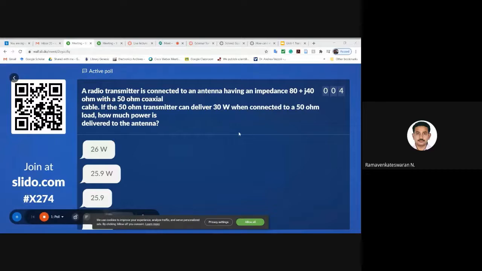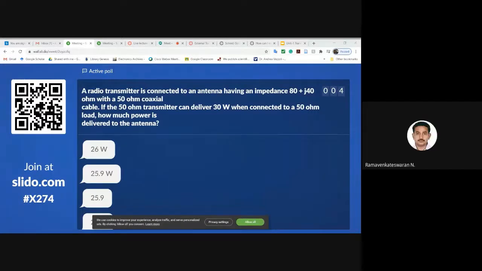Okay, that coaxial cable is 50 ohms. I know this is my Z0, this is my ZL. So once I know that, I have to find gamma, straightforward: ZL minus Z0 over ZL plus Z0. So the reflection you can find out. Once I know the reflection, the power delivered is what? The average power equation. We can slightly modify that equation such that what we have seen here, V0 plus squared by 2 Z0 and